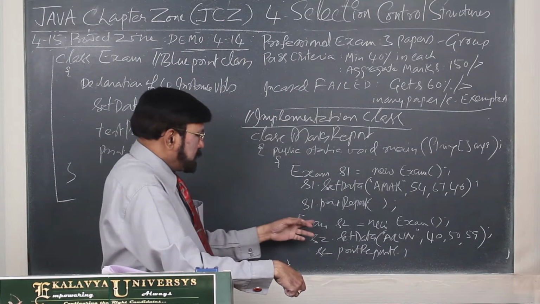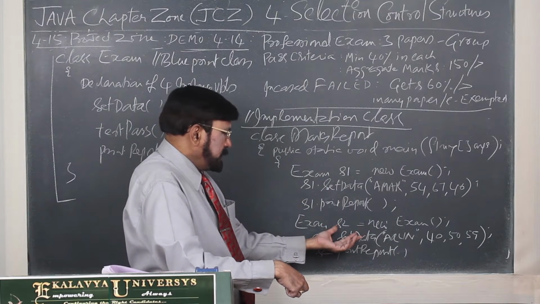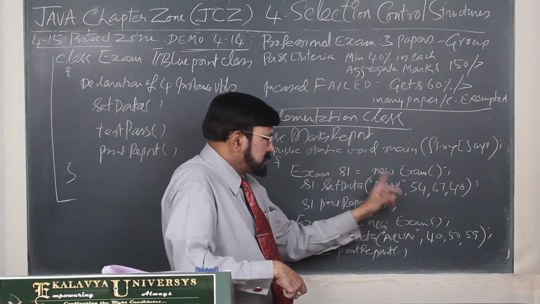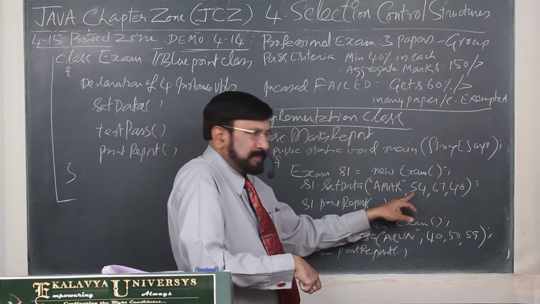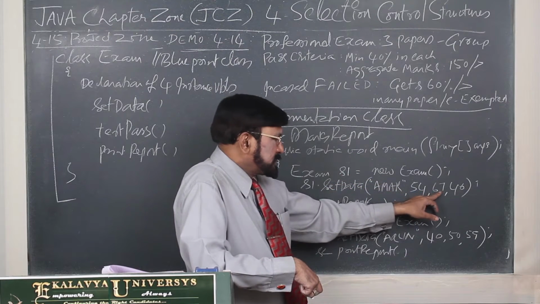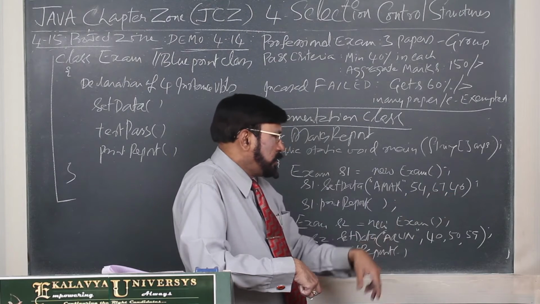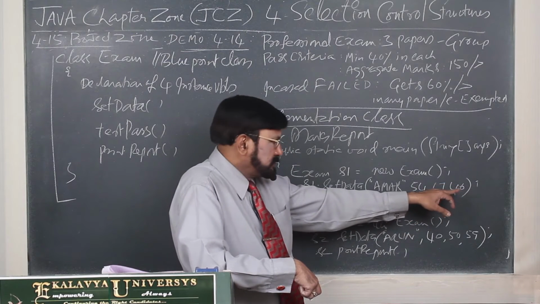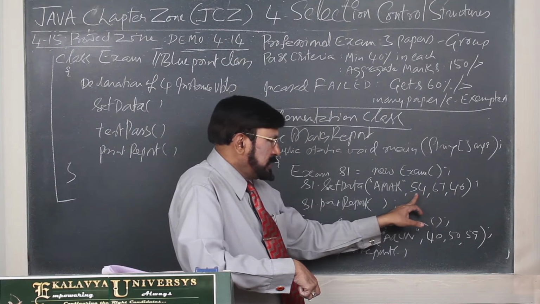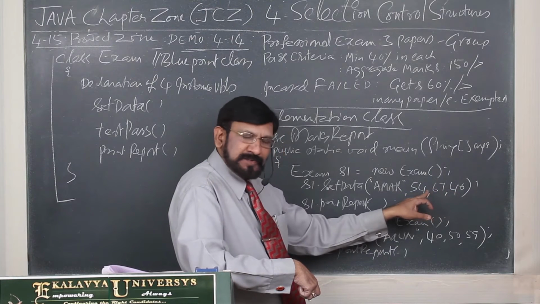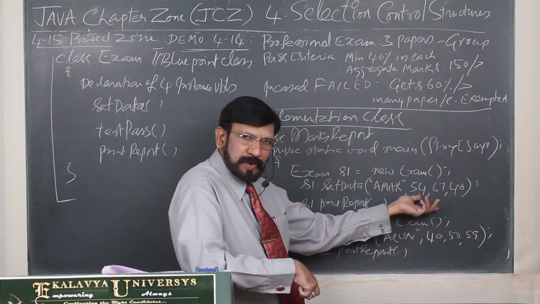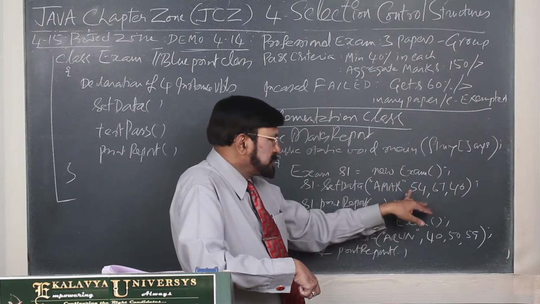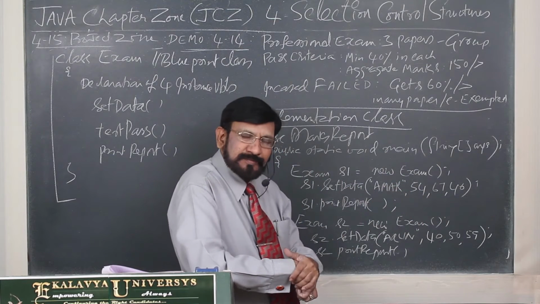So here one more student also in the same code we have written, S2, and this candidate, just let us see manually, 54, 67 and 46, then total individual papers he passed, and aggregate 167, aggregate wise also he passed, he satisfied 2 conditions and he is declared a pass.